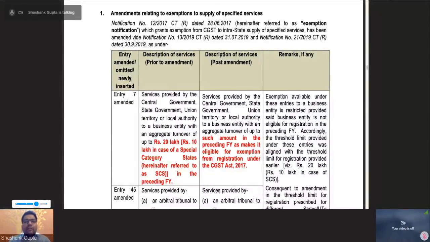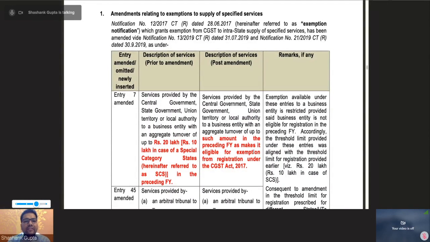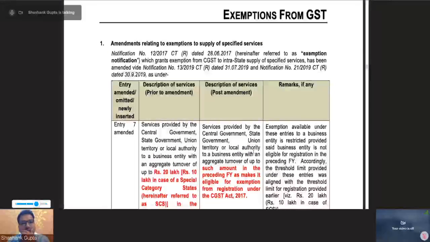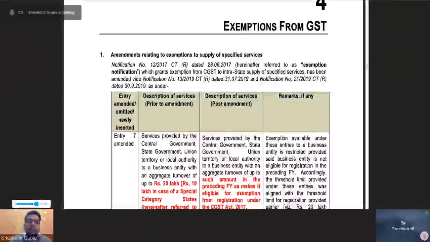like in case of reverse charge, we all know that once a person becomes liable to pay tax under reverse charge, he has to mandatorily obtain registration. But this provision, of course, sounds a bit harsh. That otherwise my turnover may be so low, but still you are asking me to obtain registration. What is the meaning of threshold, this and that?